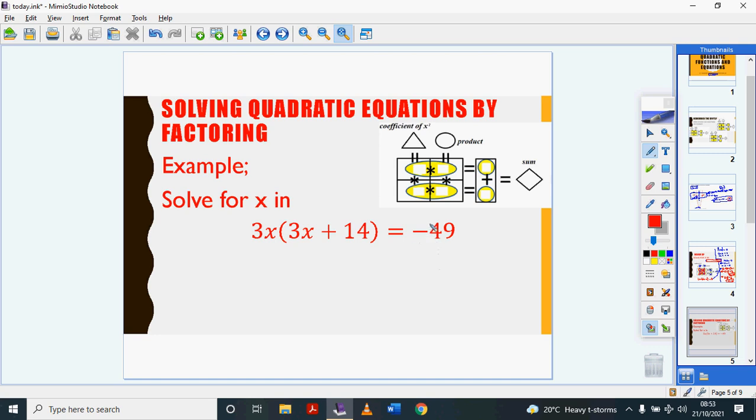So I need to first make sure it's equal to 0. In order to do that, this 49 needs to move away from that side and come this side, right? But before that 49 moves, I also need to first multiply out what I have on the left. So I'm going to multiply out this, and I'll multiply out that. So that will give me 3x times 3x is 9x squared, and 3x times 14x is some big number that